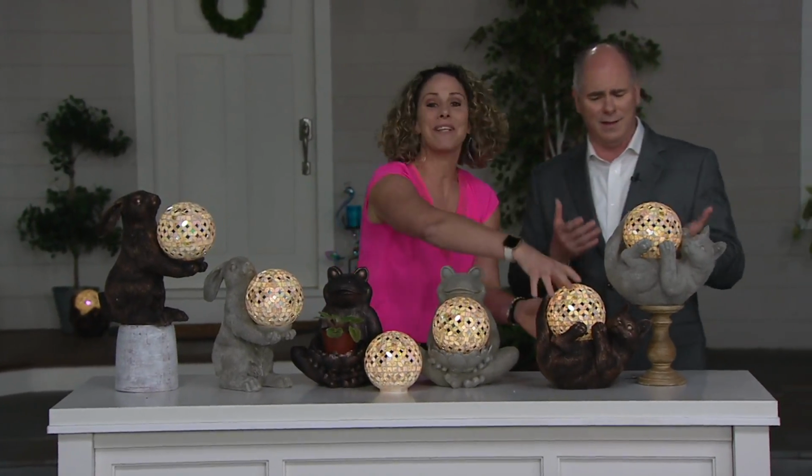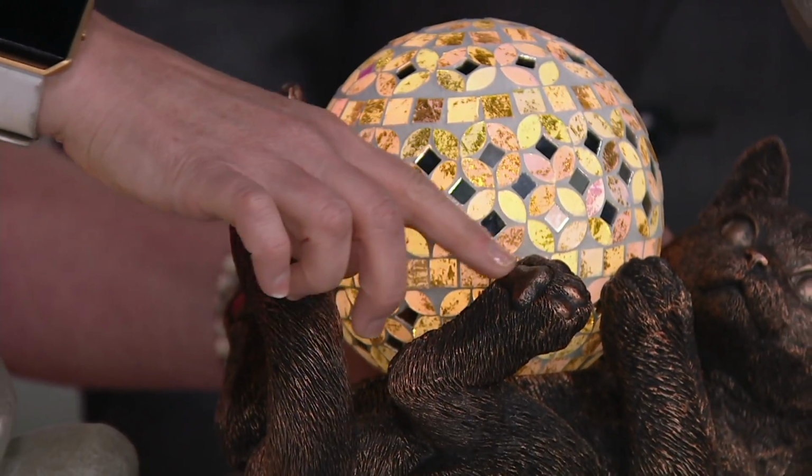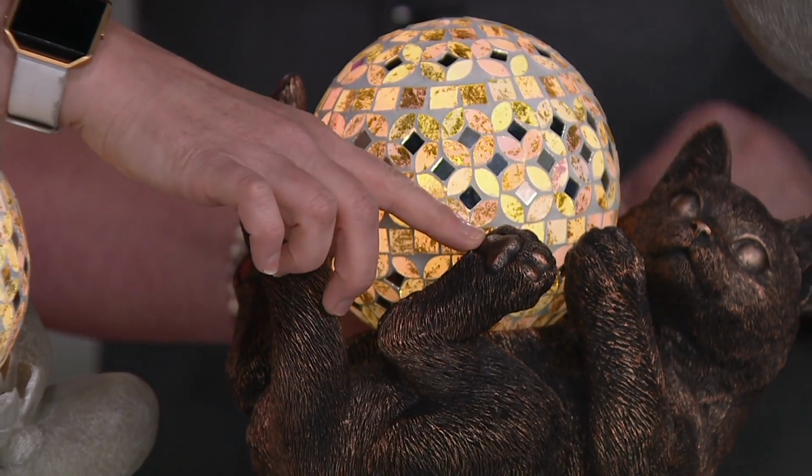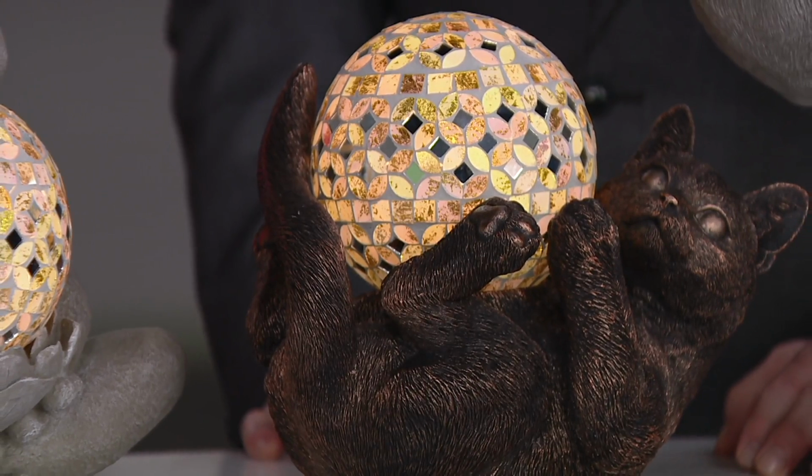And then we've got kitty cats. And they're not just kitty cats. The kitty cats are playing with the globe, and the globe is in there, so it's not going to fly out. But look at the kitty cat. Again, all of the detail with the fur, and then the paws of his feet. Look how cute they are. They're all done, and they're smooth. He's got the sweetest little face. So if you love kitties, put it by